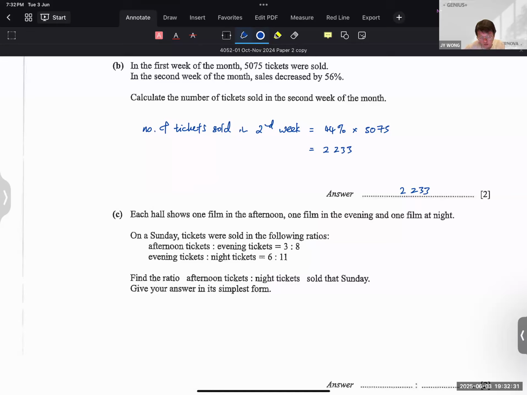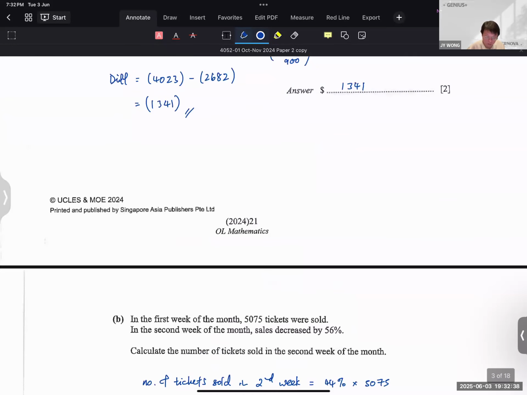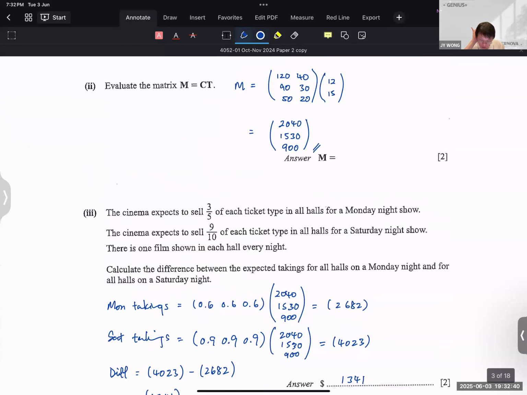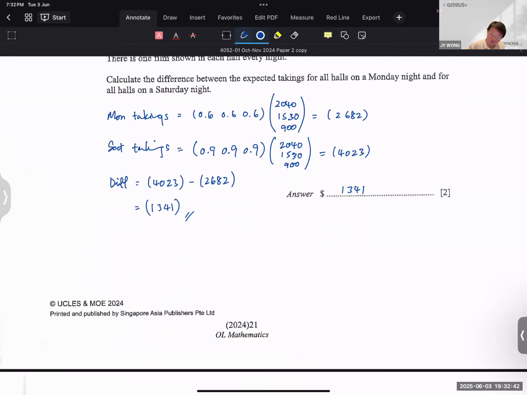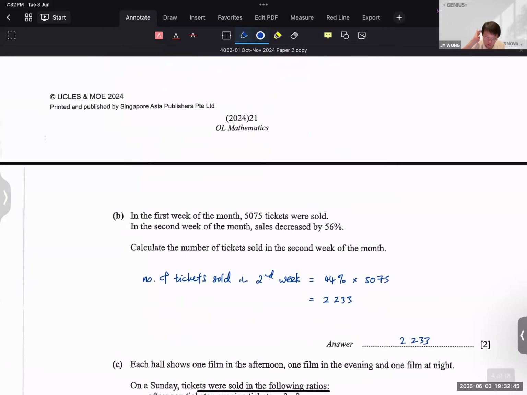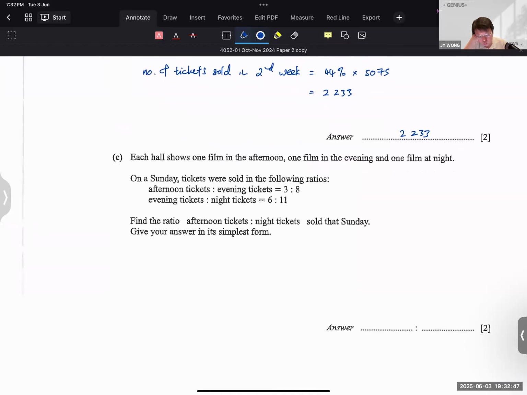Each hall shows one film in the afternoon, one film in the evening, and one film at night. Actually, wait, pause a while. Let me go back to the previous question. Okay, no, never mind. Nothing wrong. I thought I misread the question. Each hall shows one film in the afternoon, one film in the evening, and one film at night. On a Sunday night, tickets were sold in the following ratios: afternoon to evening 3:8, evening tickets to night tickets 6:11. Find the ratio of afternoon tickets to night tickets sold that Sunday, giving your answer in the simplest form, again